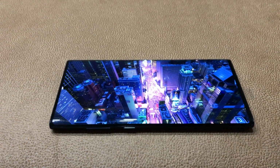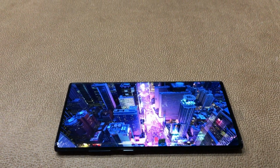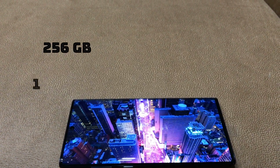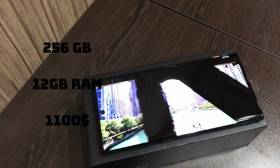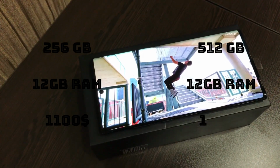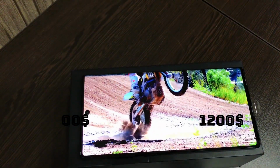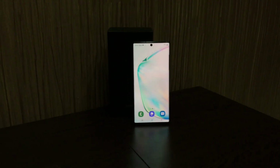Last but not least, the pricing. Well, the Note 10 Plus is available in either 256GB of storage with 12GB of RAM, which costs about $1,100, or the 512GB of storage with 12GB of RAM that costs about $1,200. By asking me about the Samsung Galaxy Note 10 Plus, I would say it is in fact worth buying,